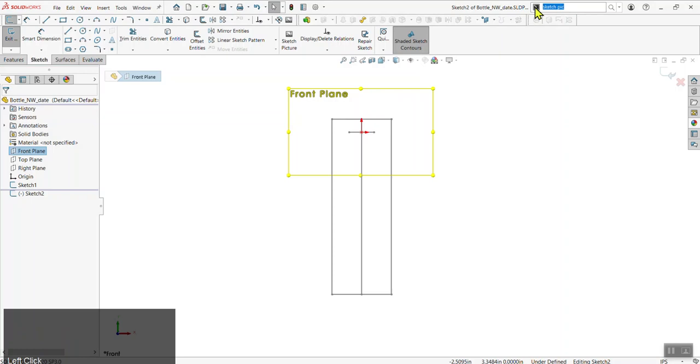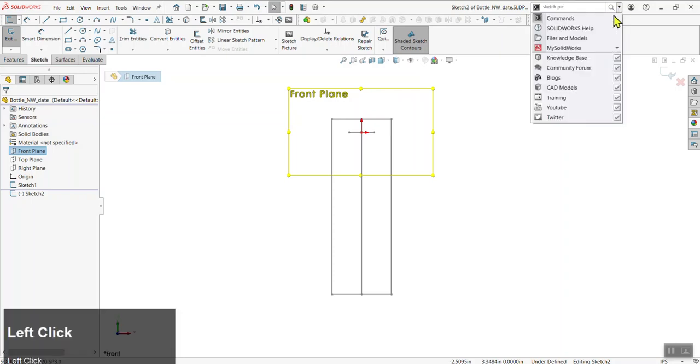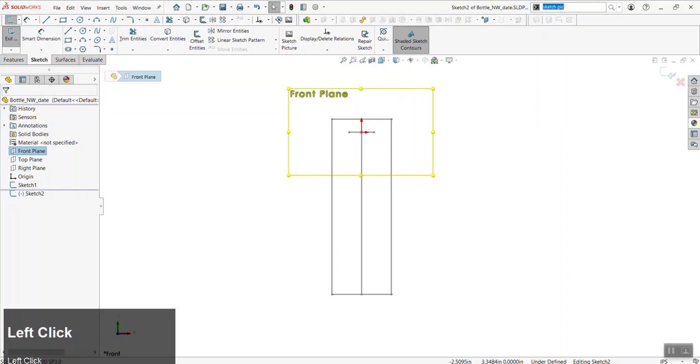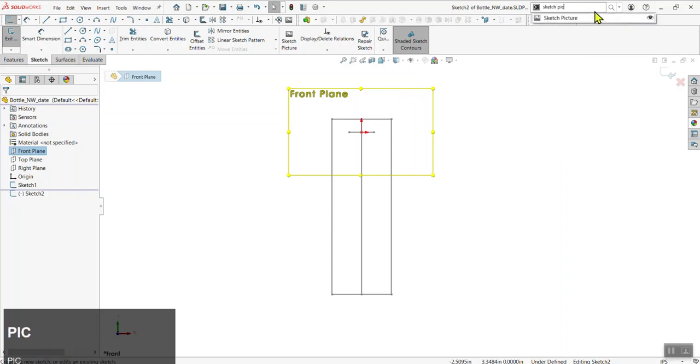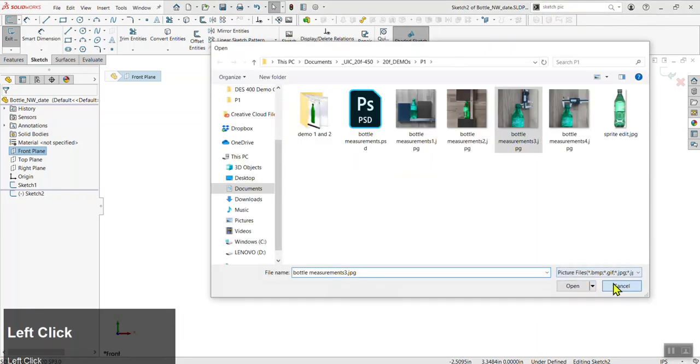If for some reason you don't see it, you can always search for commands up here. You want to just make sure this black box is here. If you don't see a black box here, by dropping down this menu, you can select commands, and that allows you to search for commands. So again, I can type in sketch picture, and you can in fact drag tools and options here if you need to. So I'm going to click on this, and it will bring up this